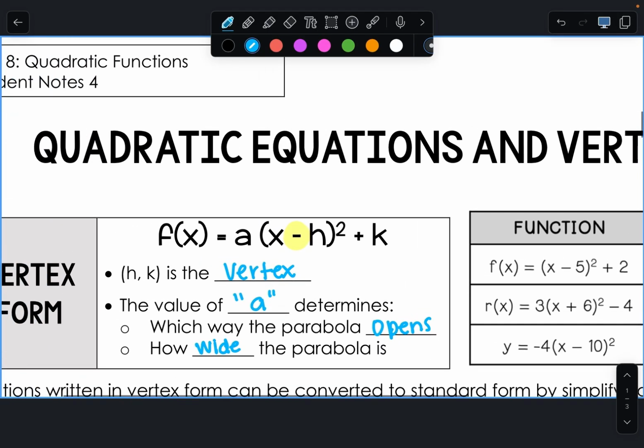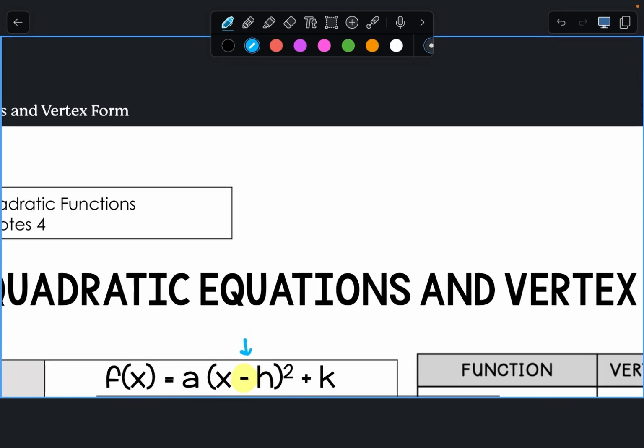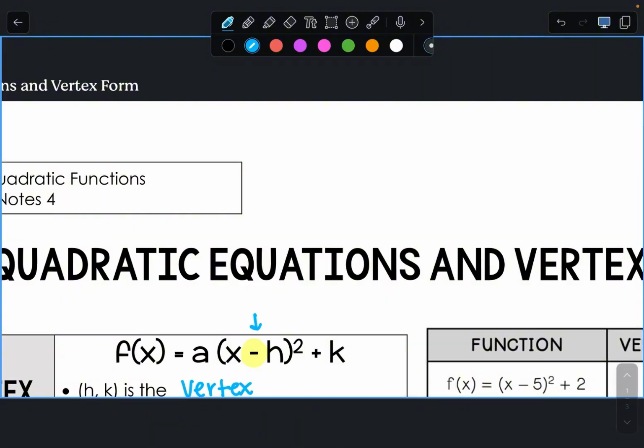Now, because of this minus sign right here, let's do a couple of practice problems. Let's say